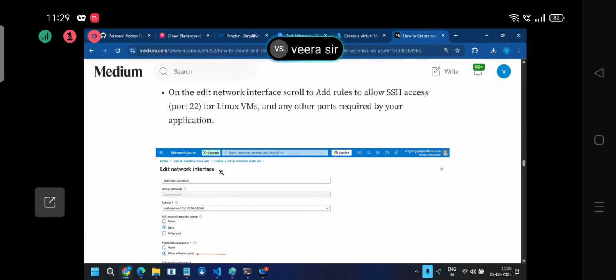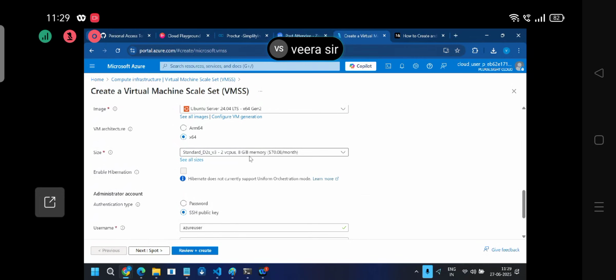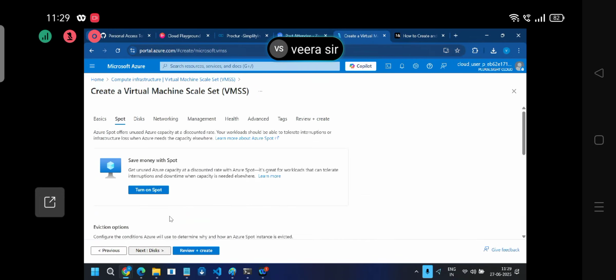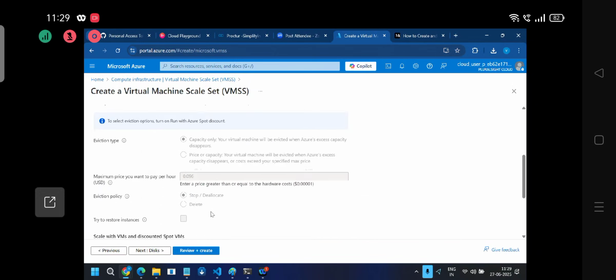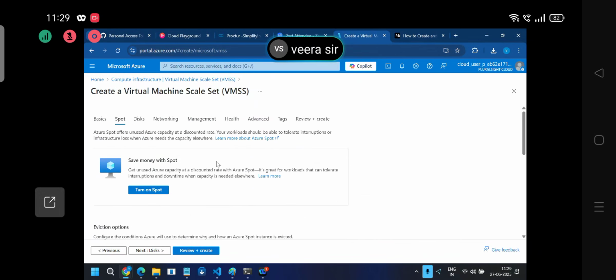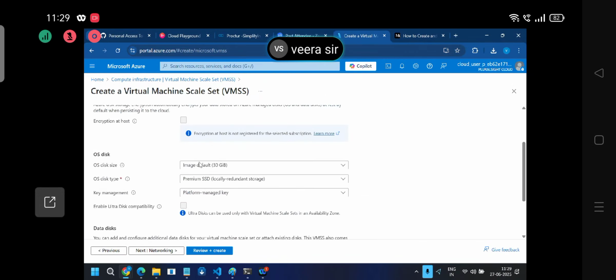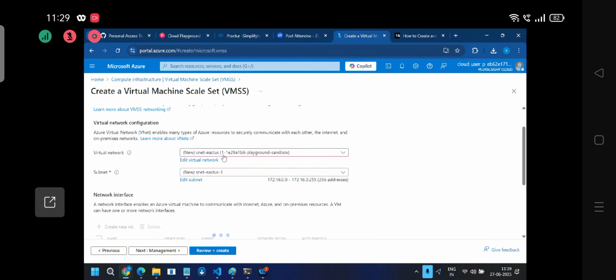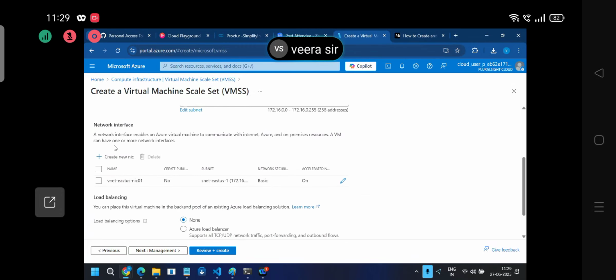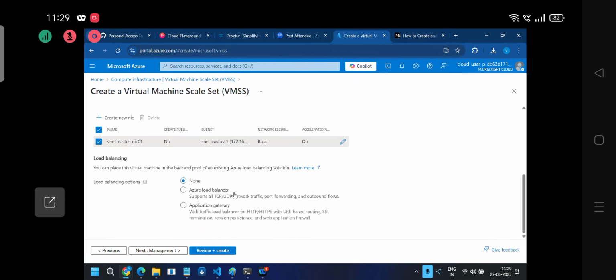Okay, let's go through all the steps. Till here clear, right? Let's go to the next, spot. You know what is spot? Spot instances. Here also spot instances are there. If not required, you can go for disk. So disk. Networking. Network not created, right? Okay, the system will create one VNet. No need to worry. One subnet also gets created. No problem. This will be created automatically. Next, network interface. Select. And next,